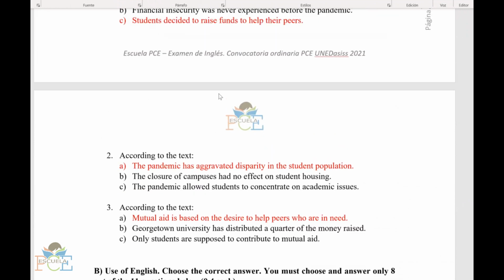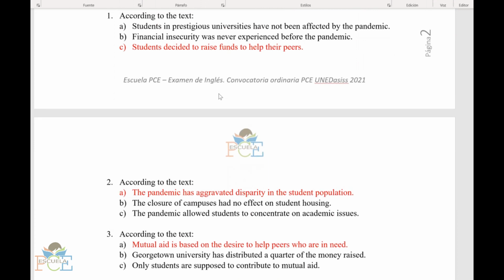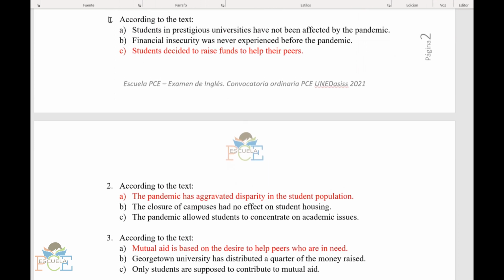Okay. So remember, you must answer just 2. So you can answer 1 and 2, 1 and 3, or 2 and 3. Don't answer the 3 of them, because if you have 1 incorrect, then first of all, they're going to check only 1 and 2. And let's say that you answer in 1 A or B, or in 2 B or C, so you have 1 correct and 1 incorrect. Because you answer the 3 of them, it doesn't matter. They're not going to look at 3, even if it's